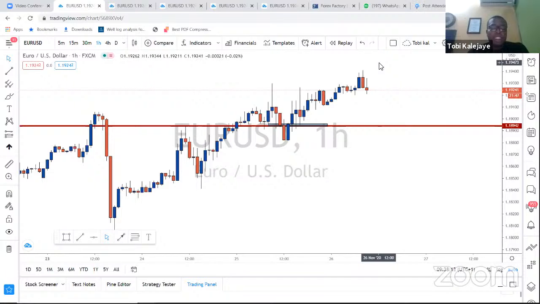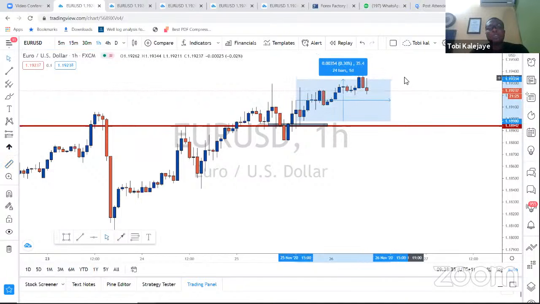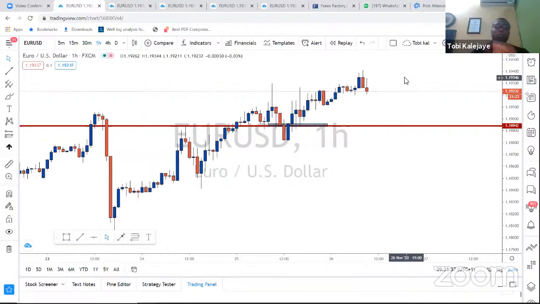Whenever you lose a trade, don't just go. The learning comes when you come back to look at it and say, oh, what happened? If you could see clearly here, price came back to that level, came back to retest the level, and here you had more buying opportunities, more buying opportunities right over here from the same thing we anticipated, okay? So when you lose a trade, you need to find out,